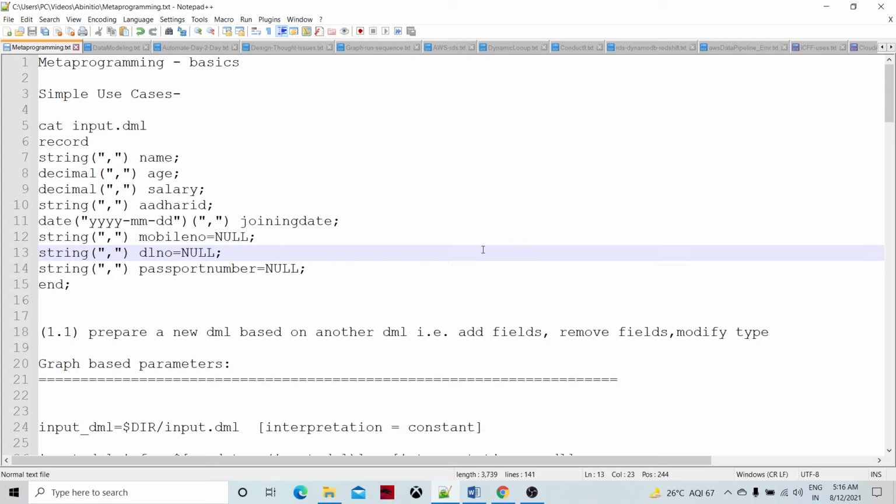Today we are going to talk about metaprogramming in Abinitio. Metaprogramming is a happening topic when we consider Abinitio interview questions or Abinitio discussion. So let's talk about metaprogramming today, and we are going to solve a simple use case. Though it's simple, it's going to be a foundation for larger complex scenarios which you can solve based